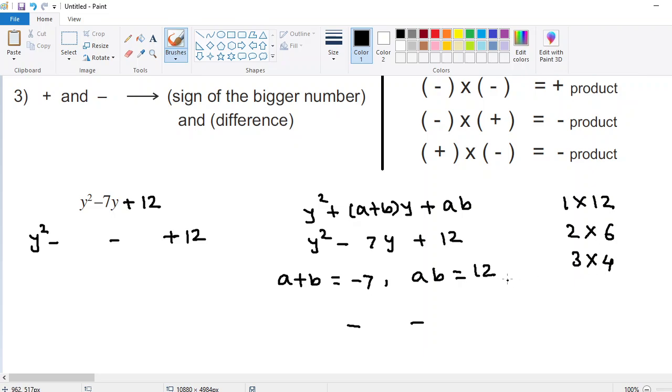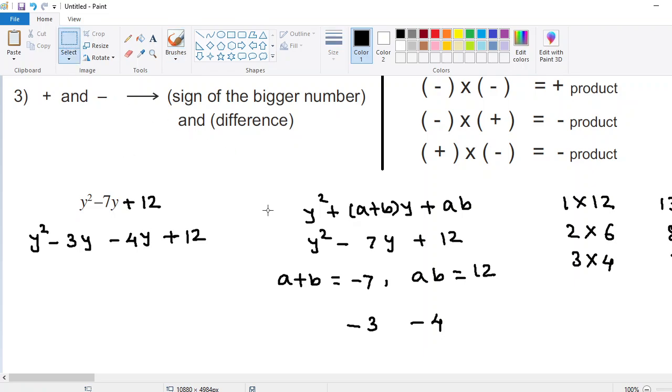Here each pair has product 12, but here addition is 13, here addition is 10 and here addition is 7. So this is our required pair. Only one pair will satisfy both the conditions. So what are our numbers? They are minus 3 and minus 4. So we will write here minus 3y